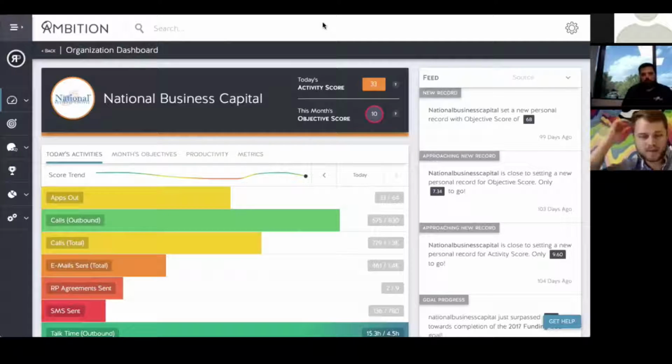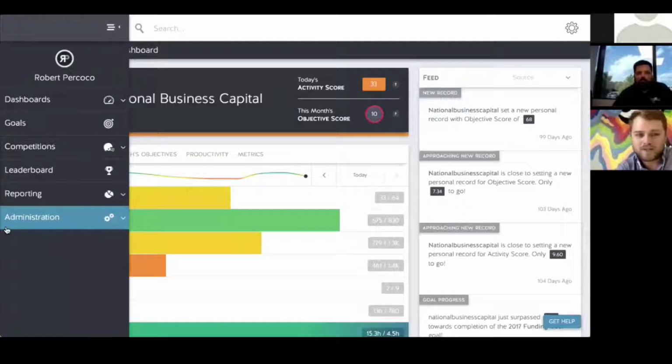Let's talk about how you built these metrics. You know these better than me, but we could look at apps out, we could look at any of this stuff. But I'd love for you to take us behind the curtains here and talk about the setup. I think one thing that you did really well and that other folks ask us a lot is, how does this stuff actually work? Let's go behind the curtains.